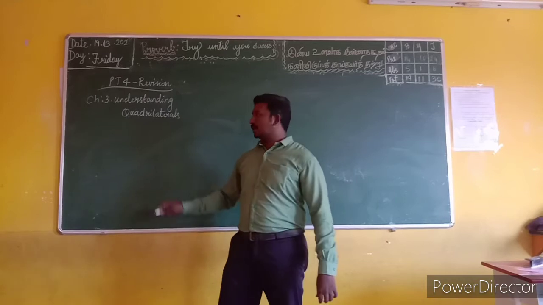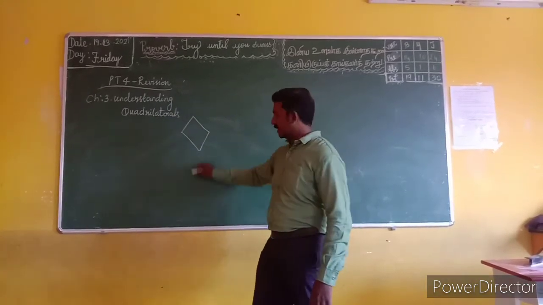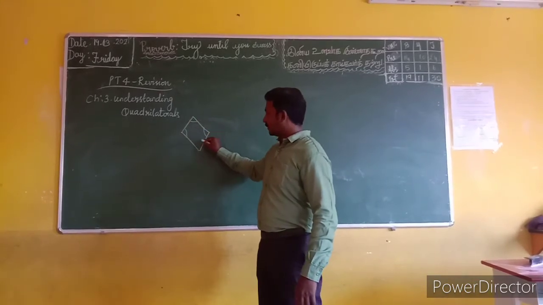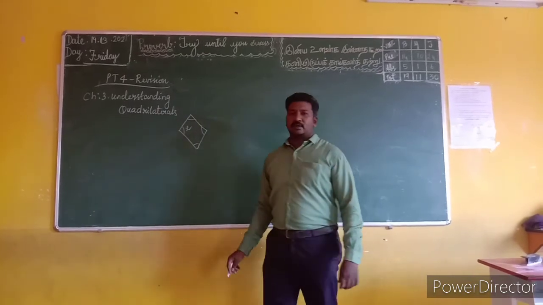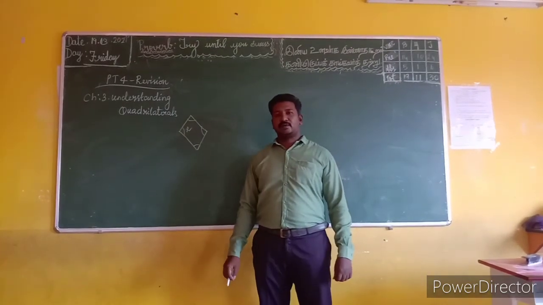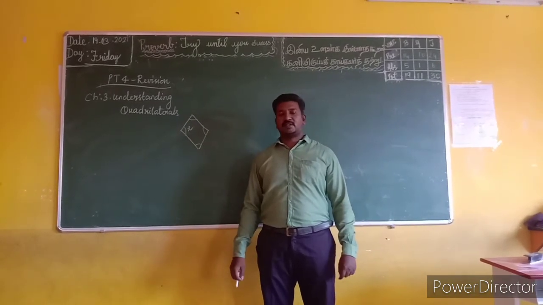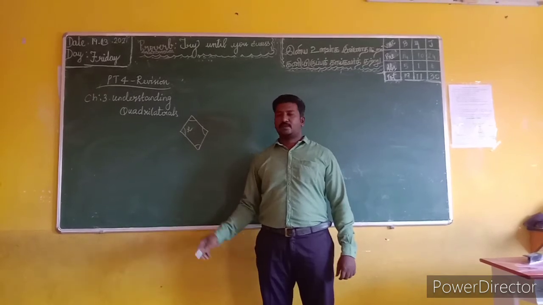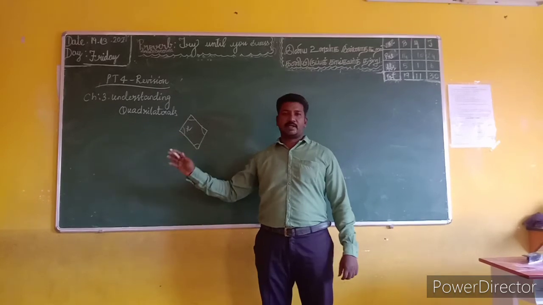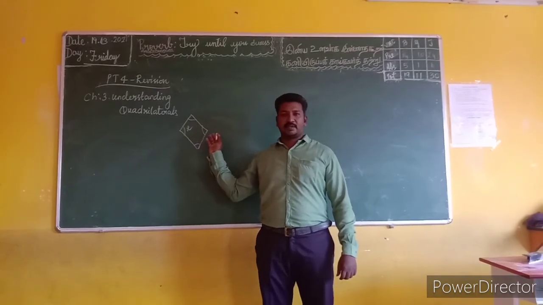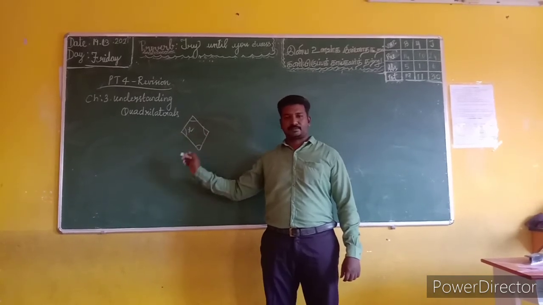For example, this is one kind of quadrilateral. They will provide any three measurements, and the one which is not given, we have to find out using the fact that the sum of the angles of a quadrilateral is 360 degrees. So we have to add all the angles including x, then you can transpose it and subtract from 360 degrees and then you can find the value of x.